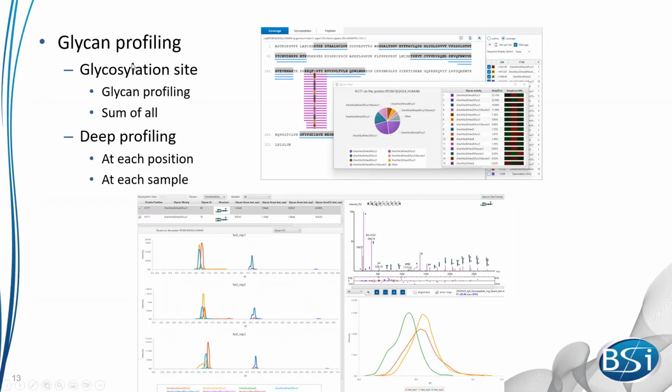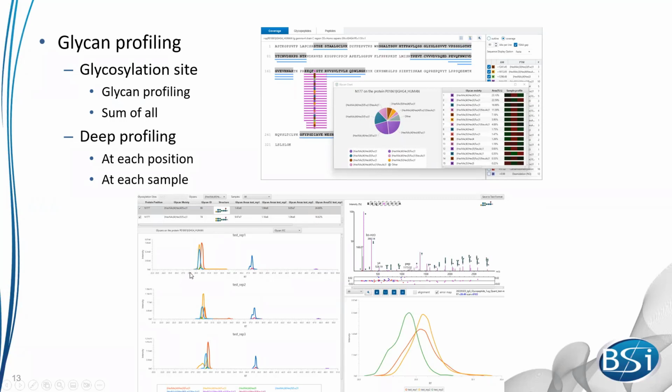So here we provide a glycan profiling view, where you take a look at all the glycans that are associated with a particular position and provide, in a pie chart, out of the total area of all the peptides that occur at that position, how much of that total area is associated with each composition, to give you an idea of which glycan is most abundant at that position.